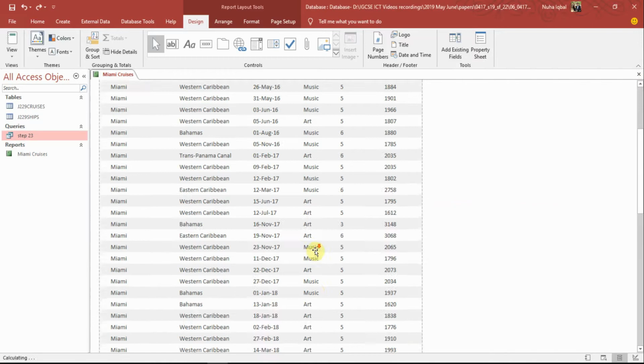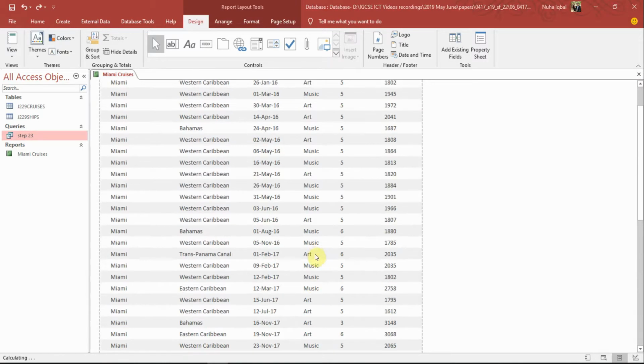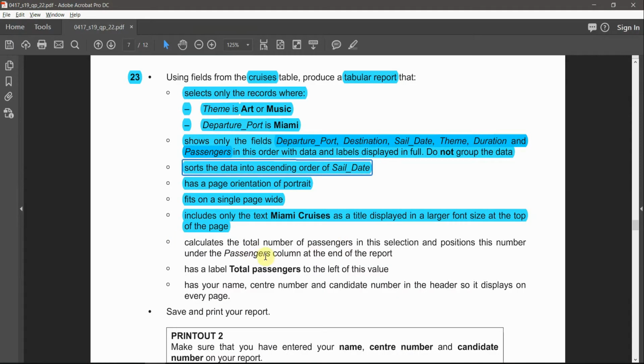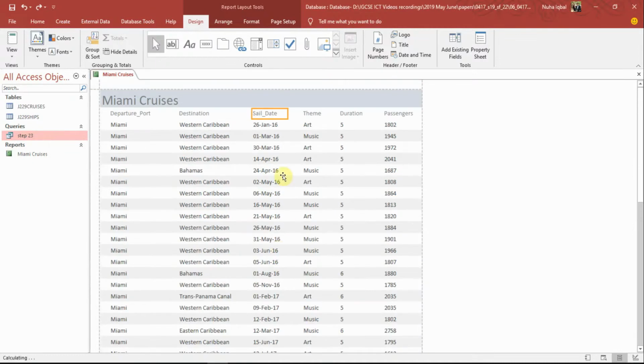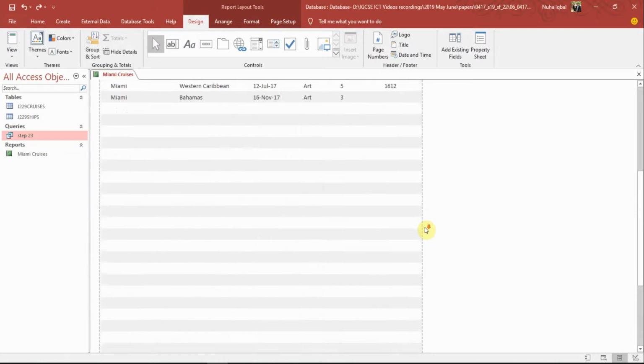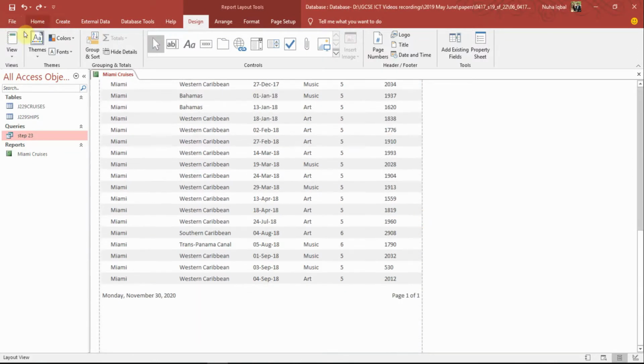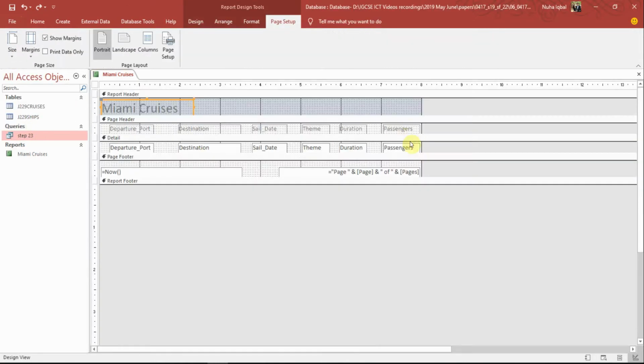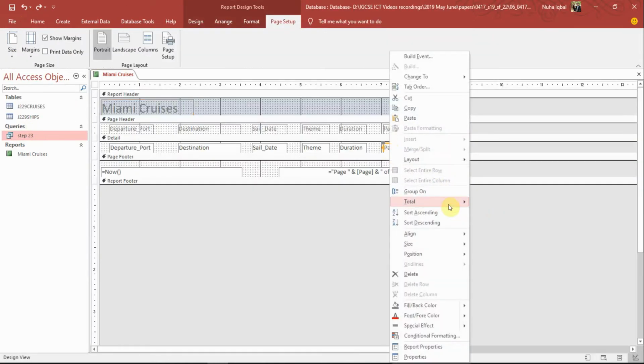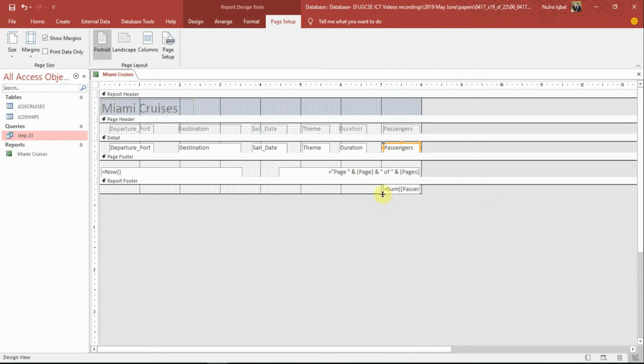So what I need is just to put a total number of passengers below the passenger column. The passenger column is the last one here. Then what I can do is design view, right click over here, total, and find the summation or the sum of this. You will notice this is added in a report footer, which is going to appear only in the last page of the report,